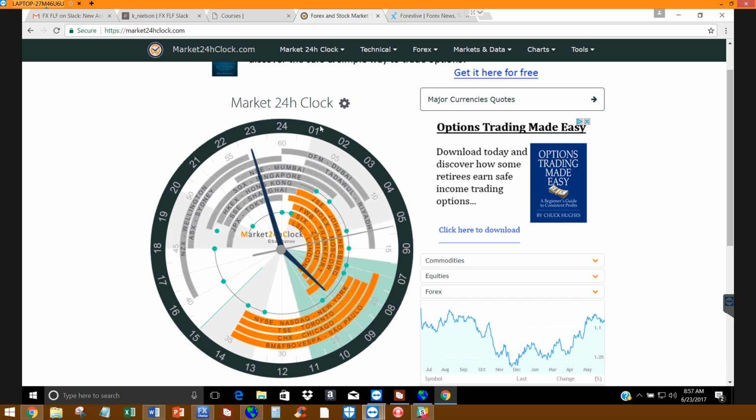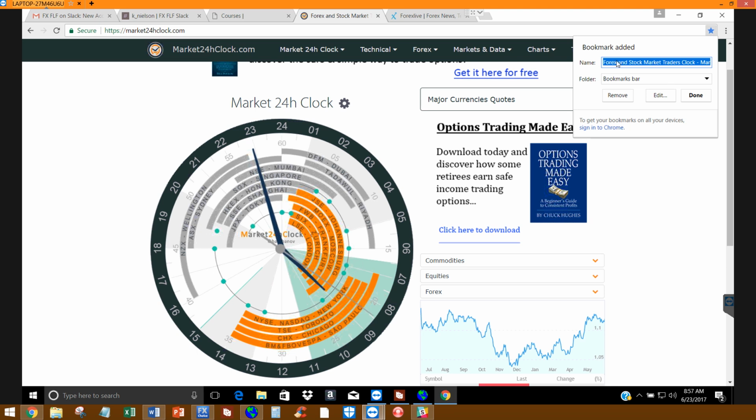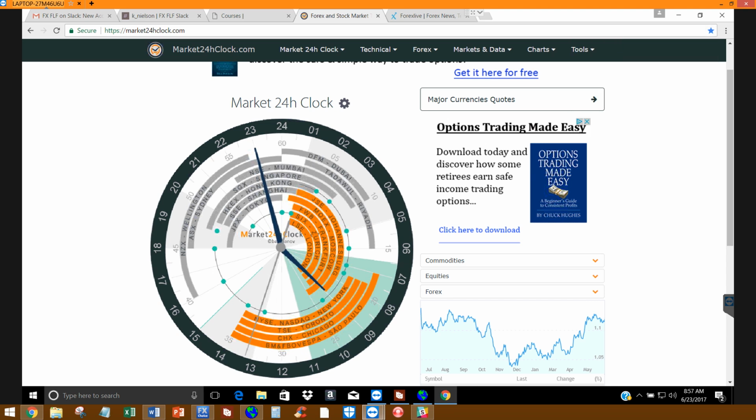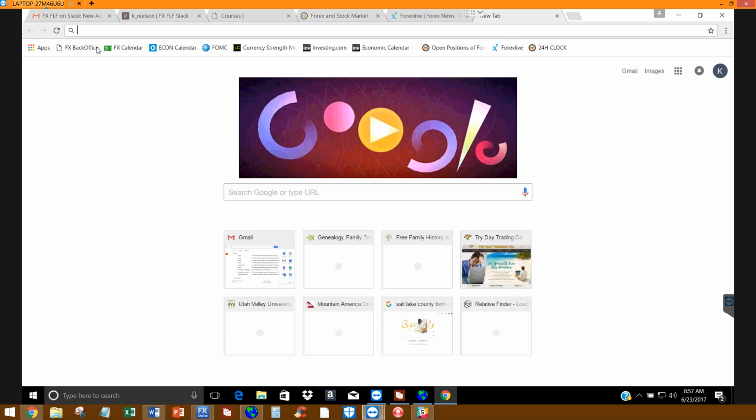So these are also the best times to trade. This clock will help with that. So I'm going to save this over here as well. I'm just going to put 24H Clock, and hit done. So when we go to a new tab, you have all of these available to you